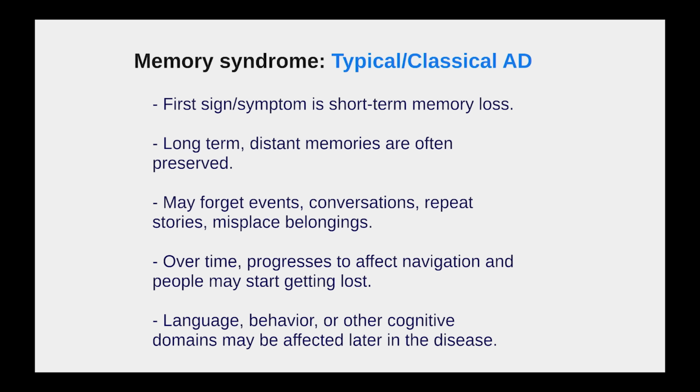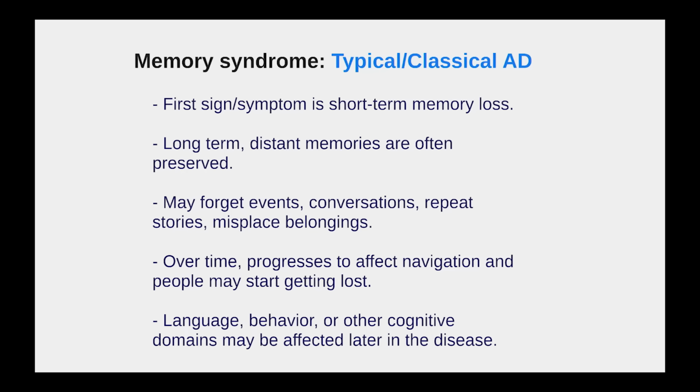Over time, other symptoms might arise that are not necessarily related to memory. They might start having difficulty navigating and getting lost. This is a combination of not recalling where things are in their internal map, but also having some visual problems. We'll talk a little bit about visual spatial difficulties in Alzheimer's disease in a little bit. It can also progress to include language difficulties, forgetting words that they used to be able to say. It may affect behavior. Some people may become anxious. Other people might become more detached. And late in the disease, other cognitive domains might be affected as well, such as executive functions, problem solving, etc.